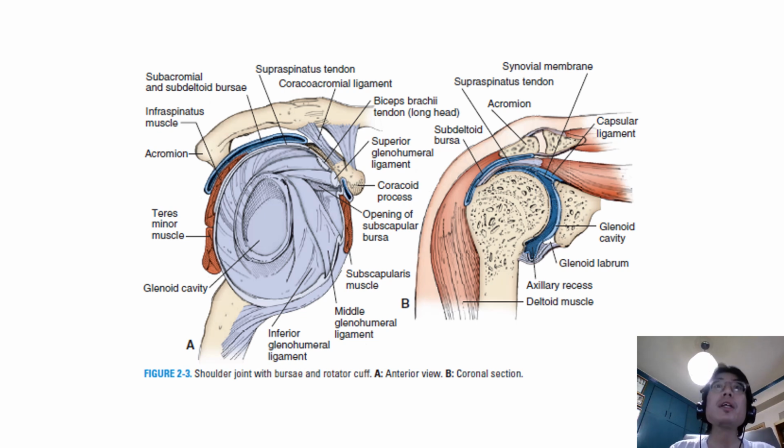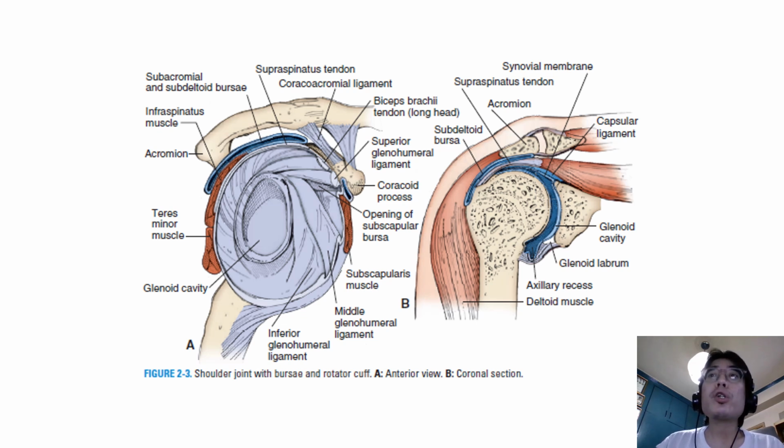An important clinical correlation here is that the shoulder joint may be and is commonly subject to inferior or anterior dislocation. Anterior dislocation is actually the most common kind of shoulder dislocation, wherein the fibrous capsule can be stretched and there can also be avulsion of the glenoid labrum and even injury to the axillary nerve, which is adjacent to the glenohumeral joint.